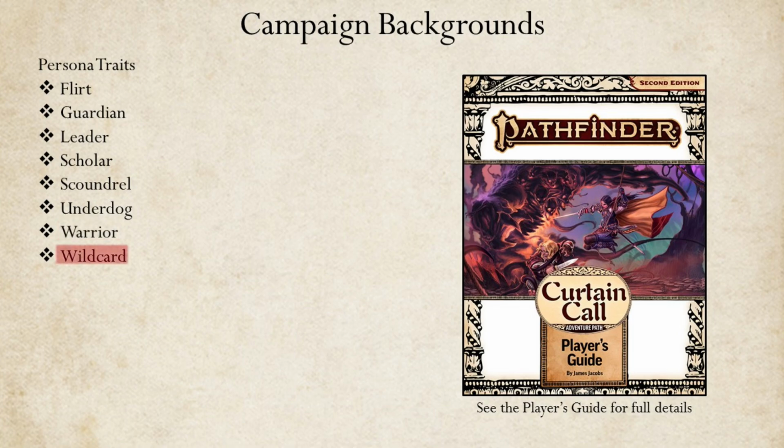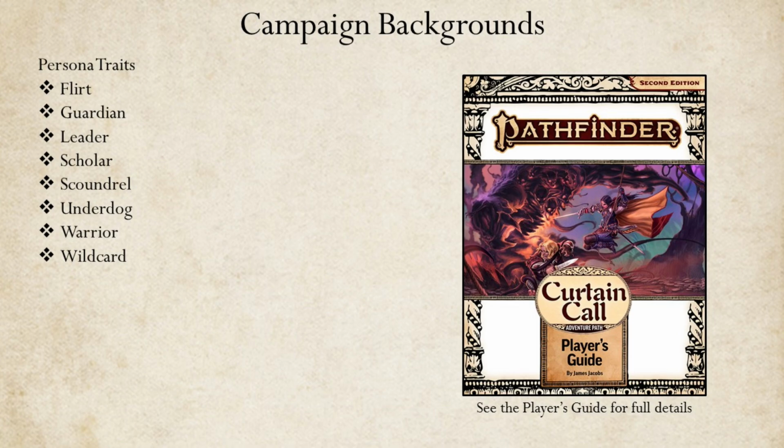Finally, wildcards are characters who bring whimsy and creativity to the group, often thinking outside the box. They are also seen by some as unserious, or as potentially unreliable when the chips are down. When choosing your persona trait, consider how stories of your party's antics might twist and warp over time, and how perceptions of your character might differ from how they act in reality. It might be fun to choose a persona trait which clashes with your character's actual behavior, especially if the operative is expected to either lean into that incorrect perception or set the record straight about their true personality.